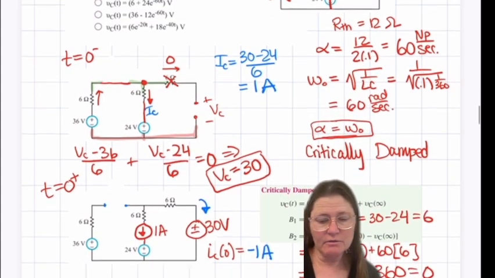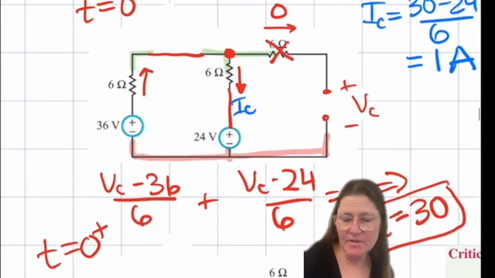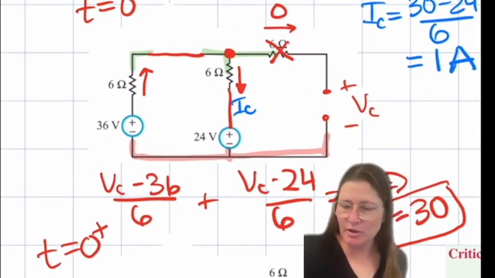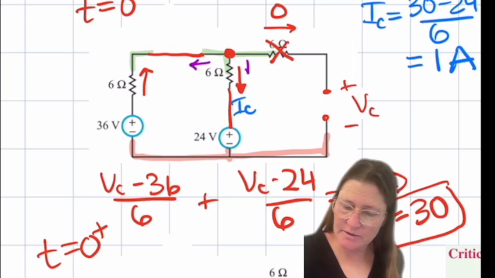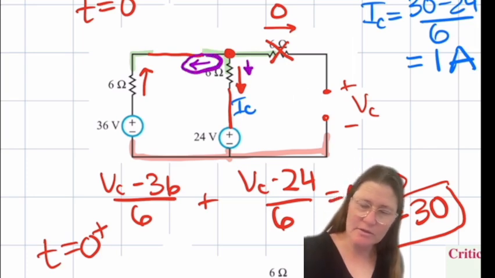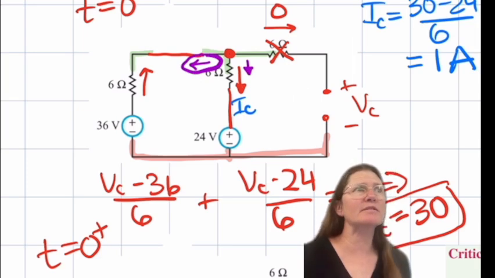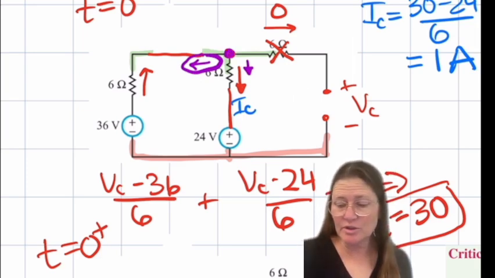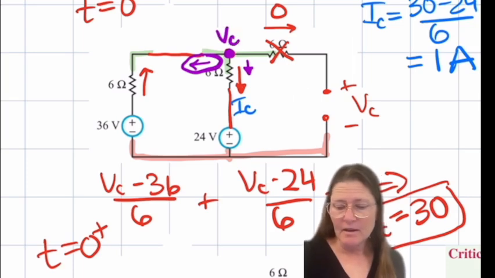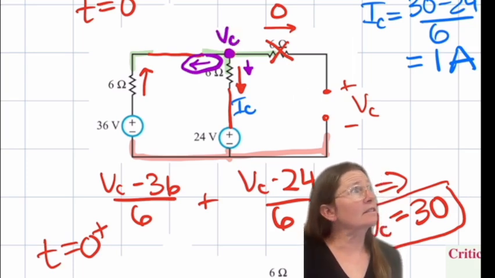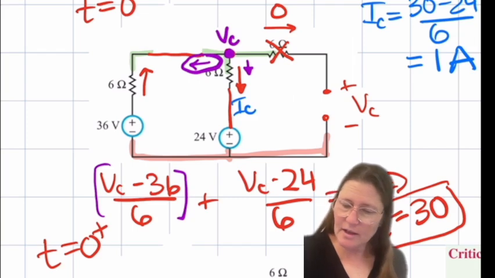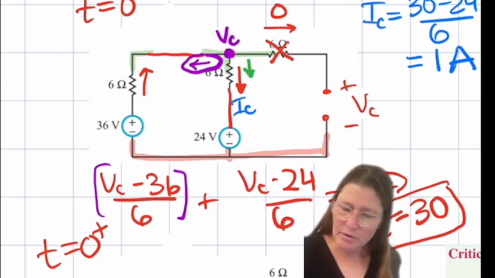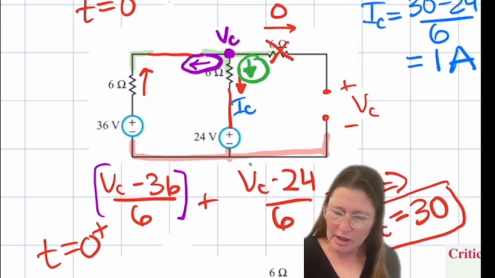So here, yeah, this is a node voltage, so I took the currents out of each of these nodes. So this current can be expressed as this voltage here, which I called VC, minus the 36 over 6. So that's that current. Let me color this different. I'll do it with green. And then this current